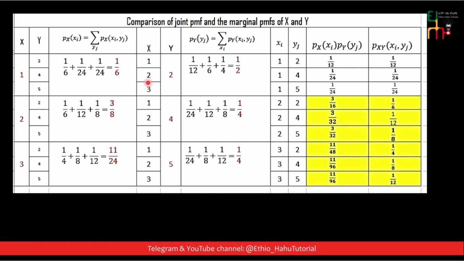ይሄንን ካገኘን marginal probability mass functionአቸውን ፕሮዳክት እንወስዳለን ማለት ነው። x is equal to 1 and y is equal to 2 is 1 over 12, because የዚህ 1 over 6 ነው የዚህ ስንት ነው 1 over 2 ነው, 1 over 6 times 1 over 2 ማለት 1 over 12። y 4 ሲሆን x1 y 4 ሲሆን 1 over 6 times 1 over 4, 1 over 24። x1 y 5 ሲሆን 1 over 6 times 1 over 4, 1 over 24 አለን። ለእያንዳንዱ እንፈልግ x2 ሲሆን y 2 4 5፣ x3 ሲሆን y 2 4 5 እናገኛለን።